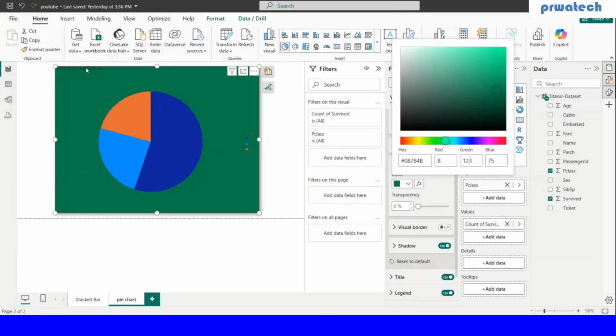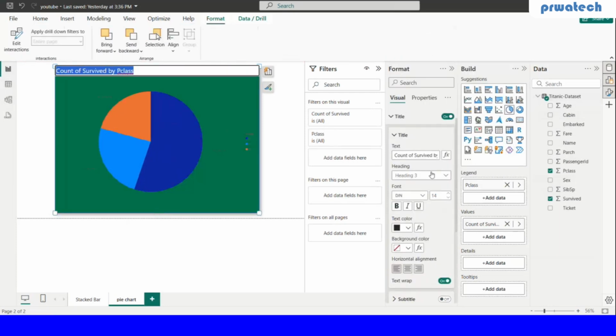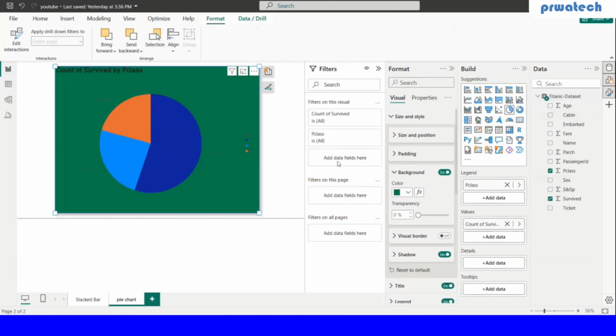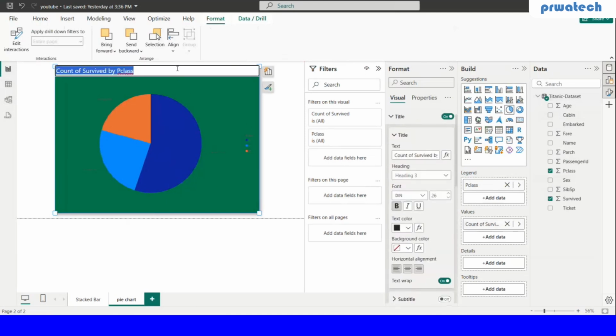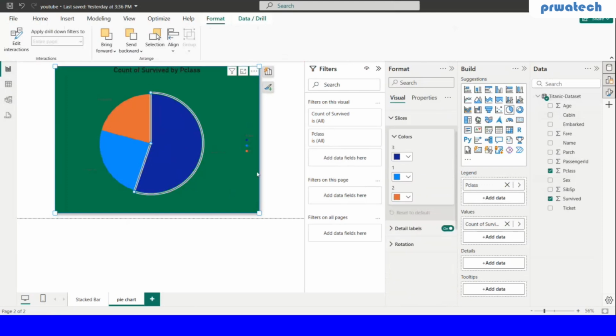Okay, I'll just change this count. Okay, this one I'll improve it like 26. Okay, bold, I'll be making the bold. Okay, and alignment, I'll be just choosing the alignment as well. Center alignment, I can put it. Okay, then